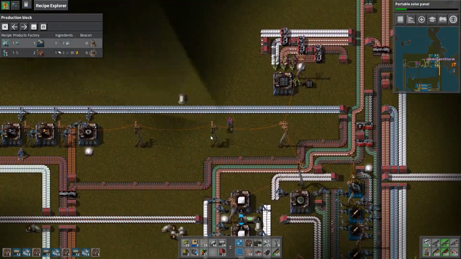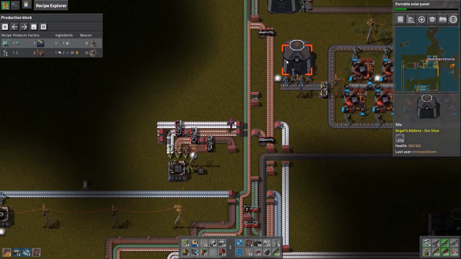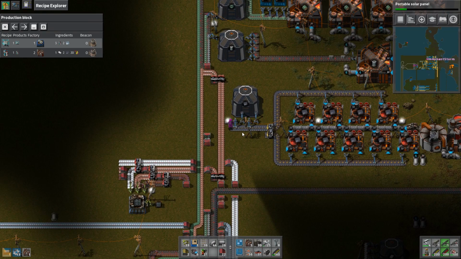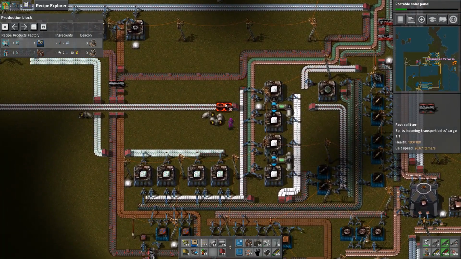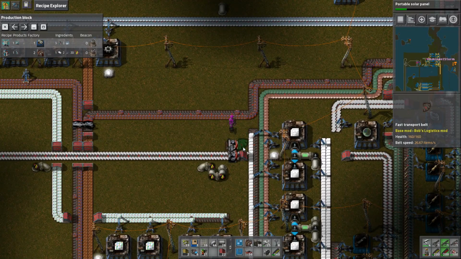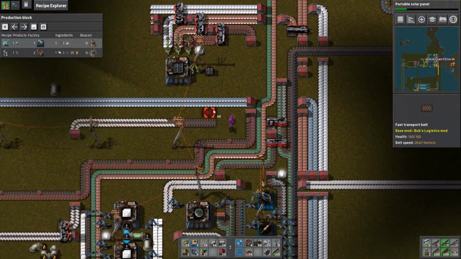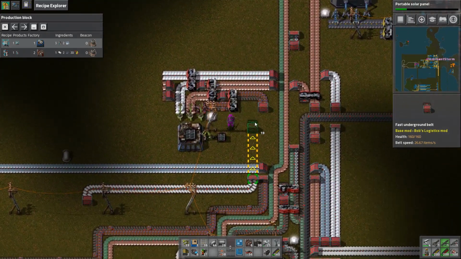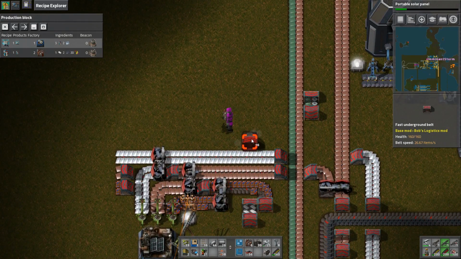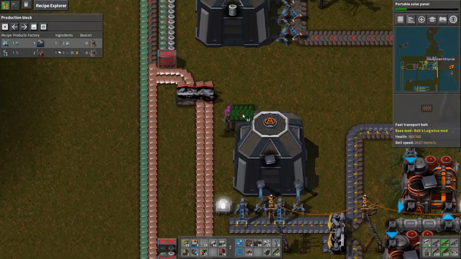And what are they going to need? They're going to need the plastic, right? They're going to need the plastic. And they're going to need this. What may actually be best to do is let's split the plastic. Bring the plastic this way. And really embrace the spaghetti belt. Okay. And then we're going to need